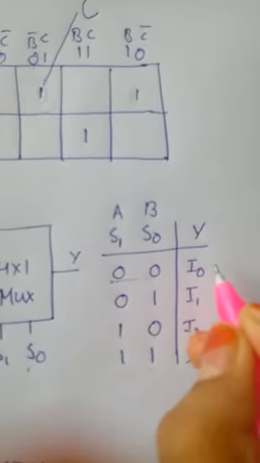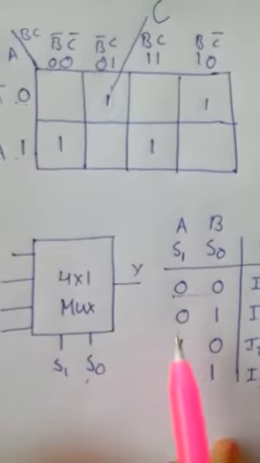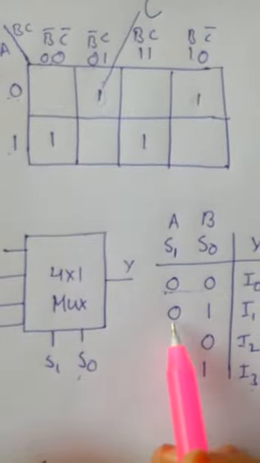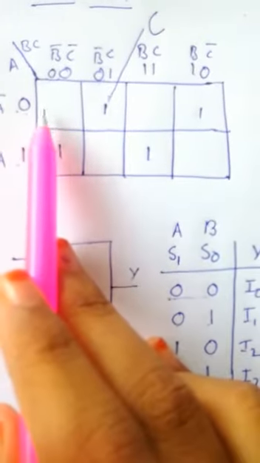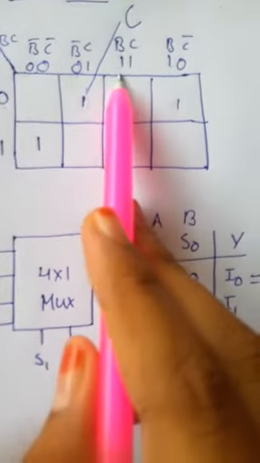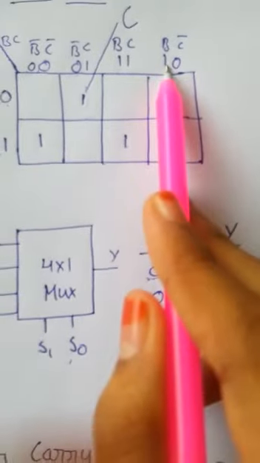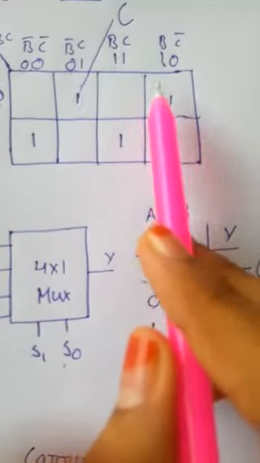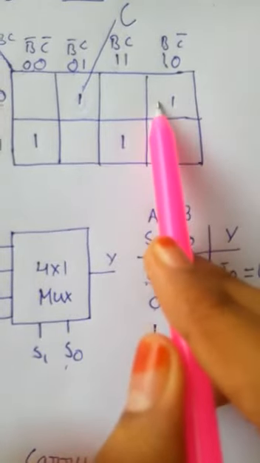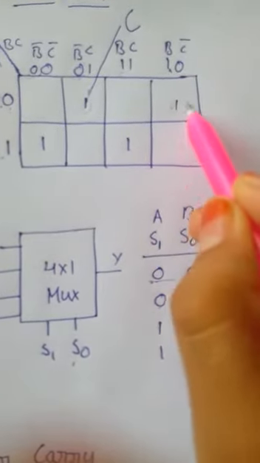Therefore the output of this I0 is equal to C. Now we'll select another two select lines, that is 0, 1, that is A as 0 and B as 1. We are having B here as 1 and here we are having another B as 1. Now we are going to select these two boxes and we need to pair the elements in this. We are having only one element to pair, so we will pair only one element and